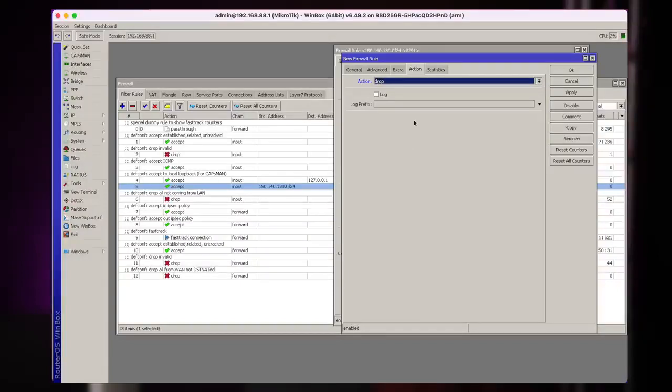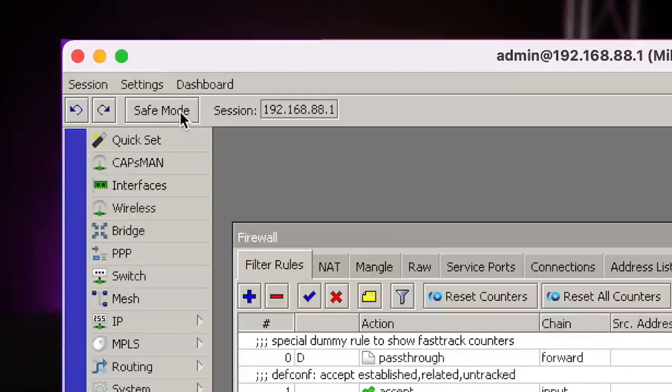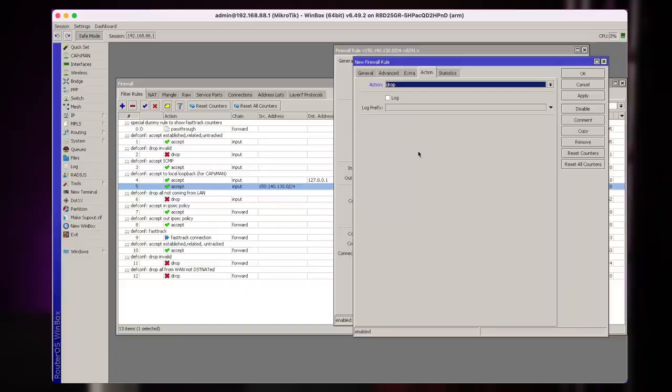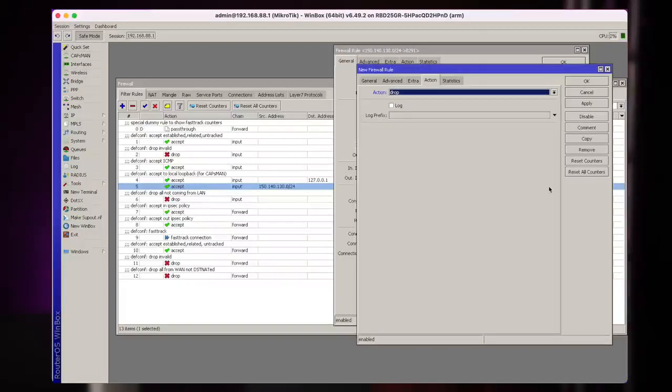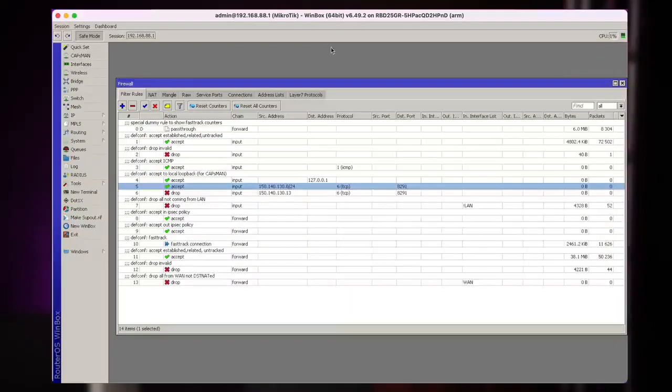What you can do before adding any kinds of drop rules is enable safe mode. Here's a button called safe mode. Once you click it, it will start monitoring what you are doing on the router. And if you somehow manage to mess up your configuration and lose access to the router with your action, then it will see something happened that got your connection cut, and it will undo the last action. This is safe mode, so try and use it more often. And now we click OK and close the previous rule.